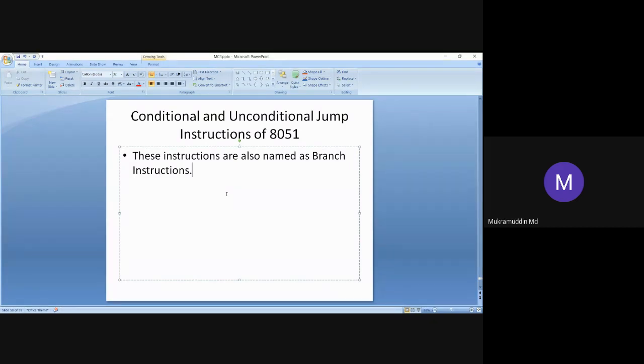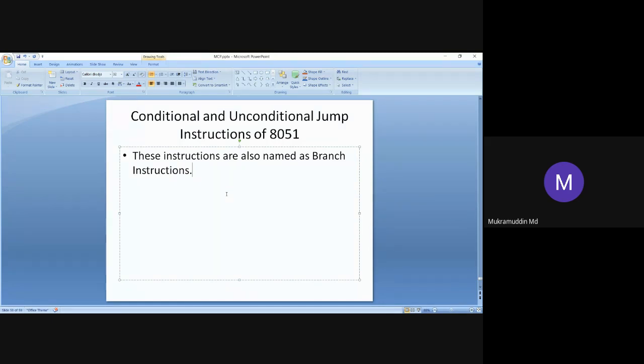Now let us see unconditional branch instructions or unconditional jump instructions. The processor's jumping will be performed without verifying any condition. If an unconditional jump instruction comes, the processor has to jump compulsorily. There will not be any condition. In conditional jump instructions, the jump will be performed only if a certain condition is true, like jump if carry is 1.